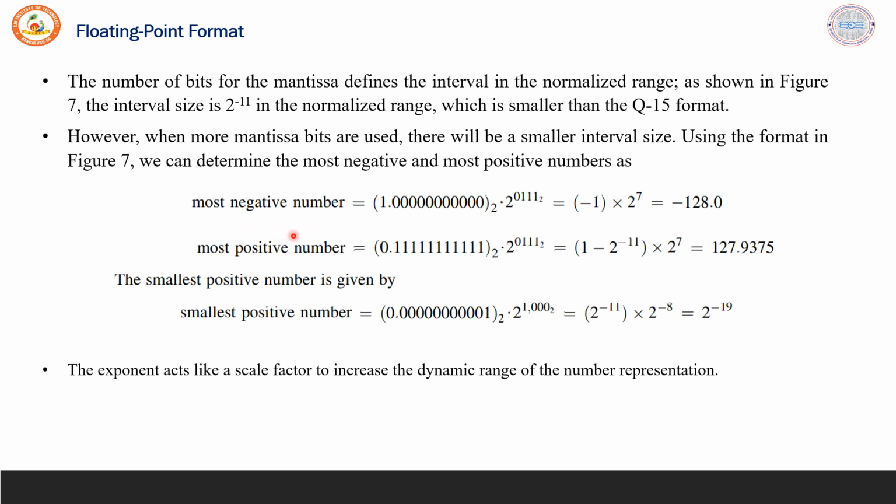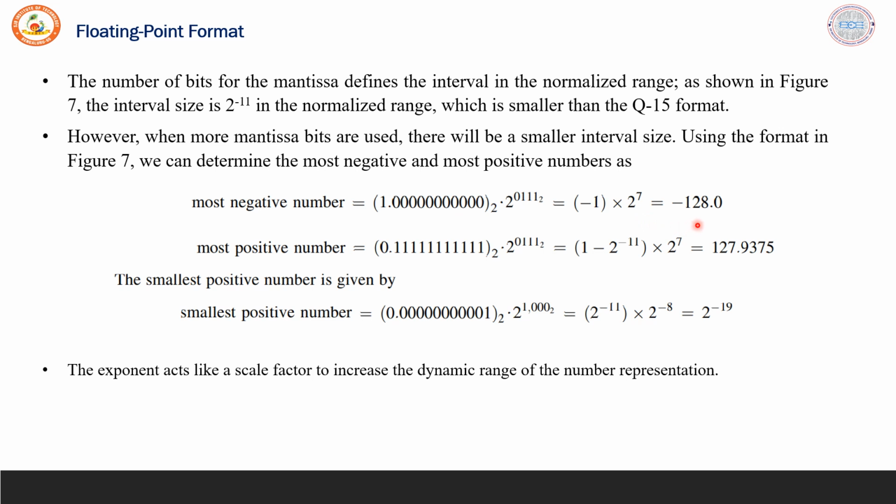The most negative number in the format is achieved by taking the sign bit, the MSB, as 1 to indicate it is negative, and the remaining mantissa bits are all set to 0. The exponent value is 0, 1, 1, 1. So 0 indicates a positive value and the magnitude is 7. So this is the representation for the number -1 multiplied by 2 to the power of 7,